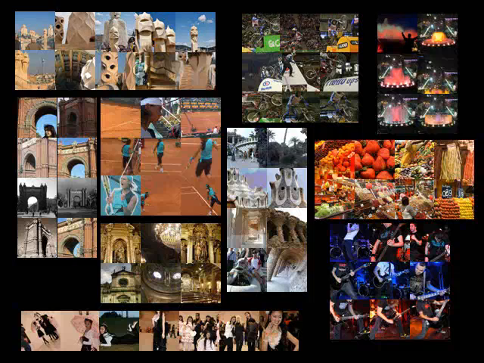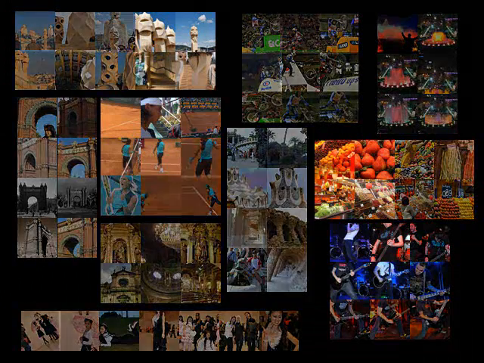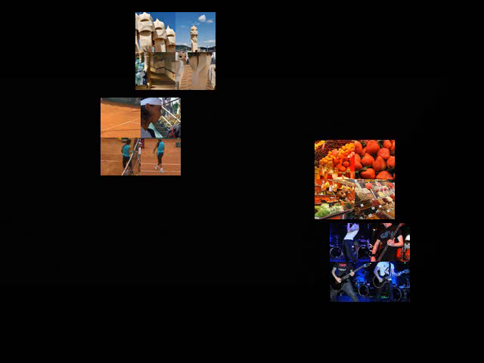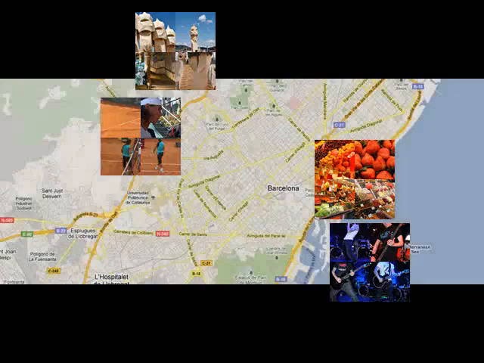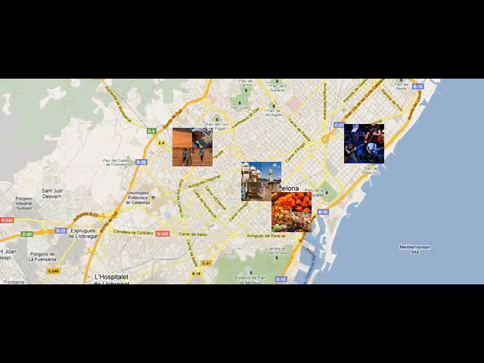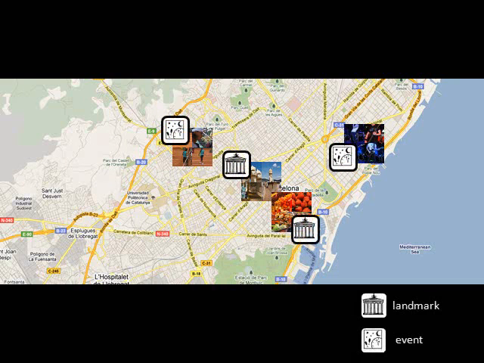Image clustering is a promising tool for achieving this goal. Photo clusters can be seen as convenient units of organization, and frequently they can be associated with real-world objects and events. Furthermore, thanks to the availability of geotagging information with respect to photos, we can identify the cluster's geographical position and thus project them on a map.